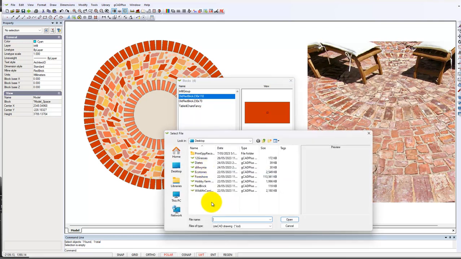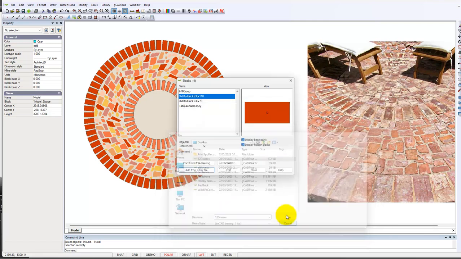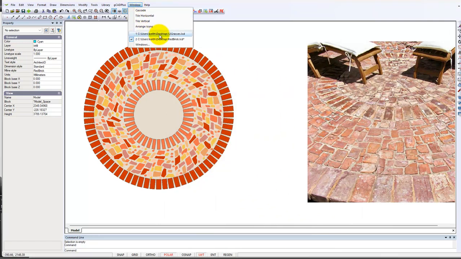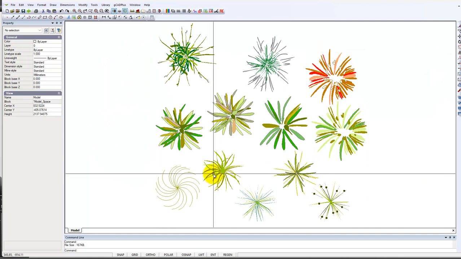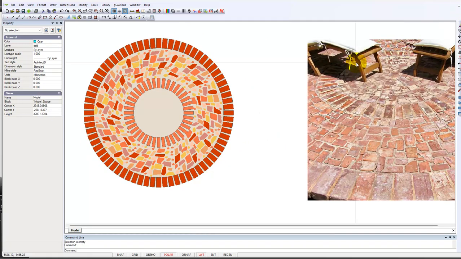by adding to another file. And I've got one called 12 grasses. So I'm going to open it. The file is in use. I'll cancel it and get back to that. But I'll just show you that I've got the 12 grasses in use. And it's one file, and its total file size with all these grass symbols in it is only 167 kilobytes. So let's close it, come back here again, and